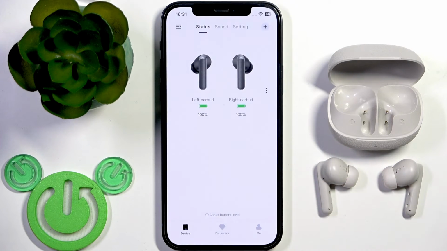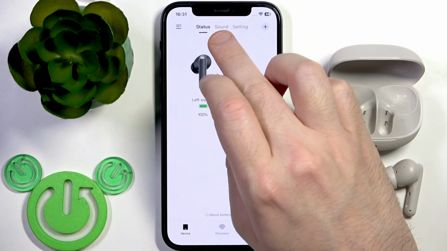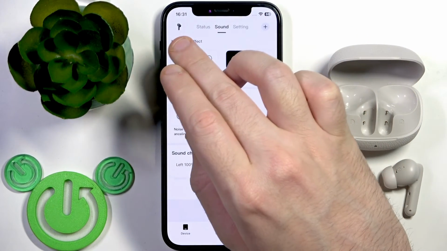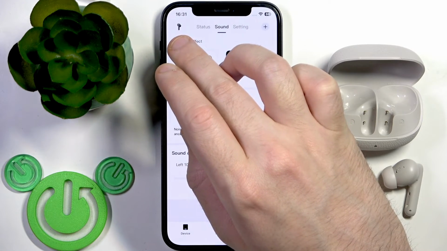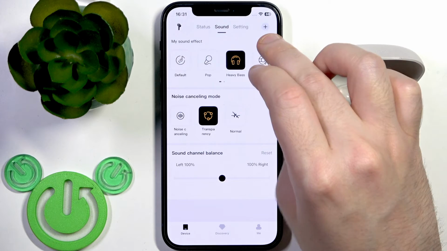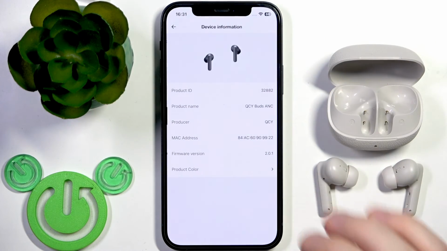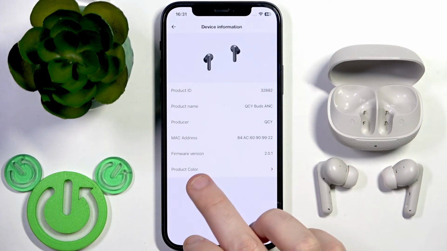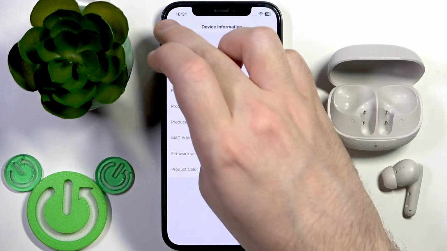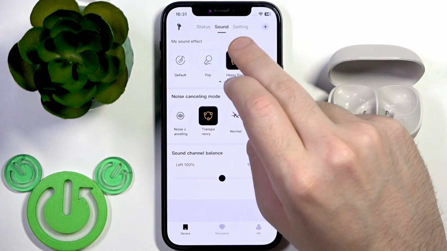Also, the same menu we can find if we swap to the sound or to the settings, and right here on Apple devices we have at the left top, this earbud icon. On Android devices you can get it at the right. You just tap on it, and right here we have at the bottom product color, so you tap on it, the same menu. And the third option is to go to the settings,